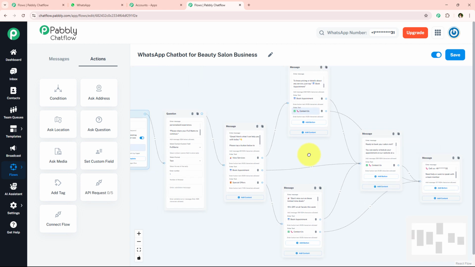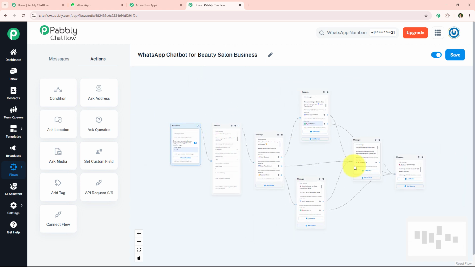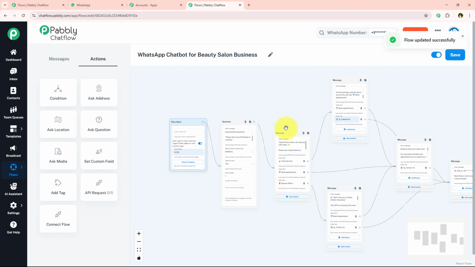And yes, with this we have successfully completed this flow, and with this we have successfully created a WhatsApp chatbot for our beauty salon business. And now I'm just going to save this WhatsApp chatbot. For that, I'm just going to click on this blue button which says save, and yes, it is saying flow updated successfully. So with this we have successfully saved this flow, and now I'm just going to test this flow